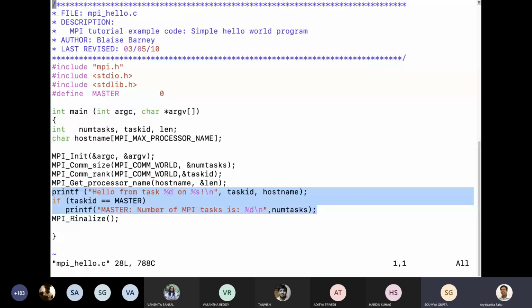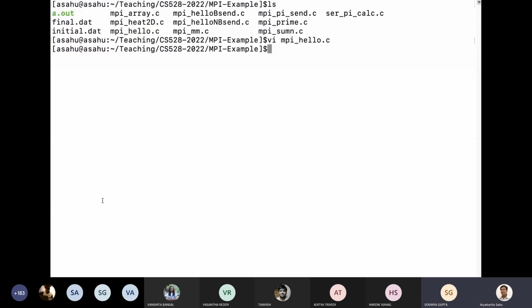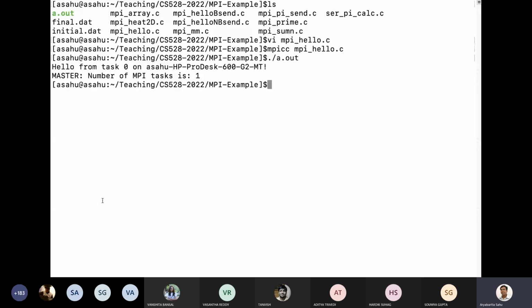Then after that, we're running the hello world program. Compilation is with mpicc. If you run a.out directly, then by default it will run on a single processor, a single process. But whenever you run with mpirun,